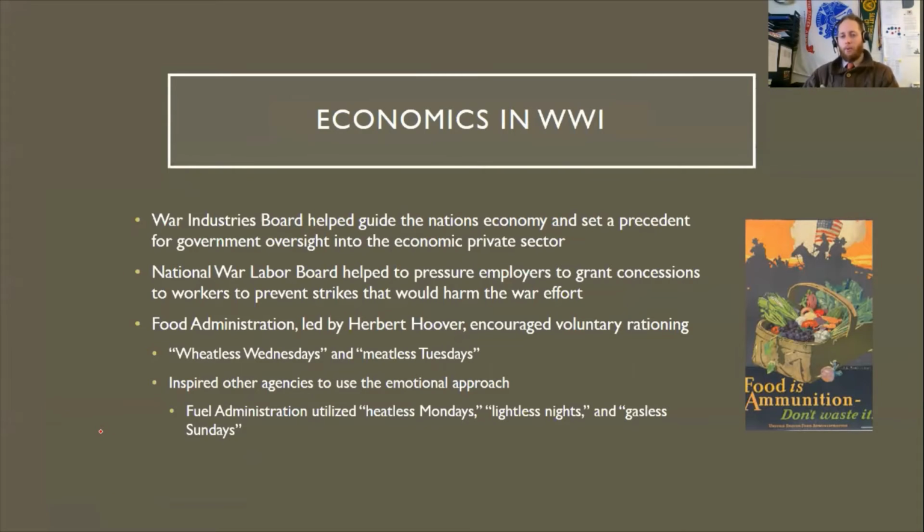The War Industries Board, after war is declared, is established by the federal government to help regulate the private sector and the economy and plan for the most efficient use of resources to help win the war effort. You can think about this: all these different companies and corporations, steel, oil, rubber, they're all doing their own thing, trying to make profits. And now all of a sudden, with the declaration of war, profit isn't really the main goal. The main goal needs to be, we need to win this war, and we need one group to kind of take charge of them in a way.